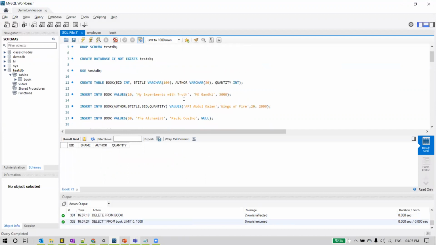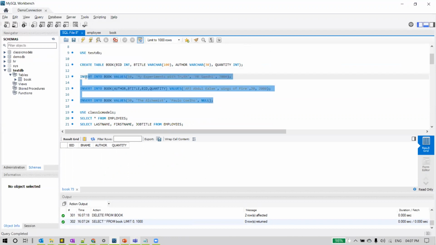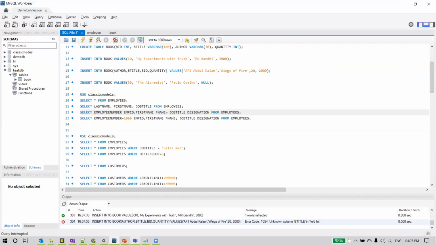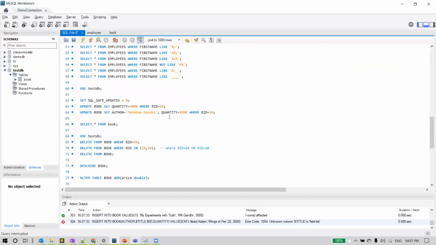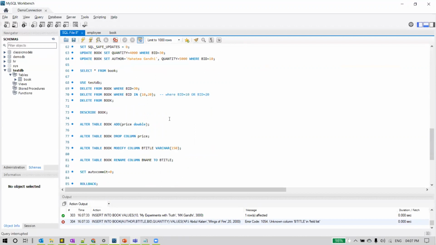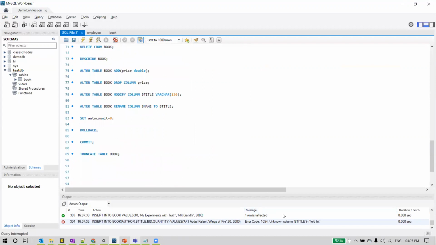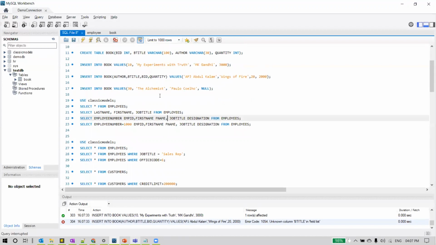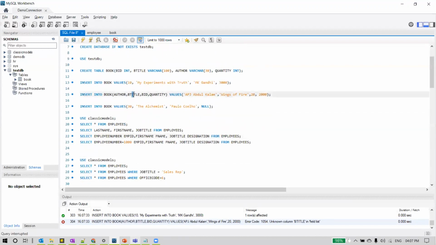We wanted to insert some rows into it. So let me try executing all the three insert commands at once. Okay, we still have b title, fine.